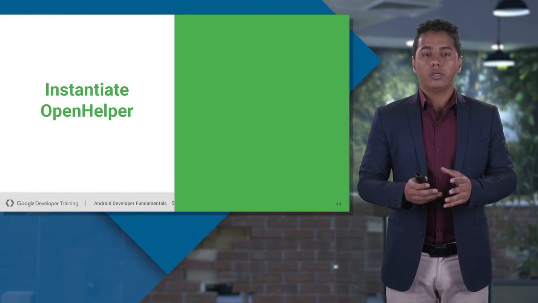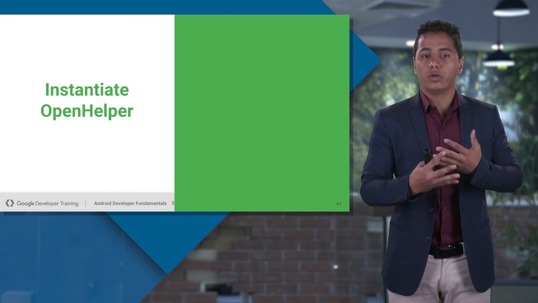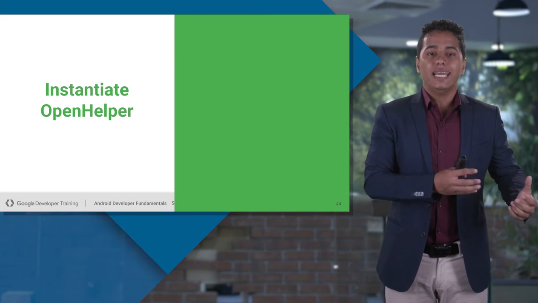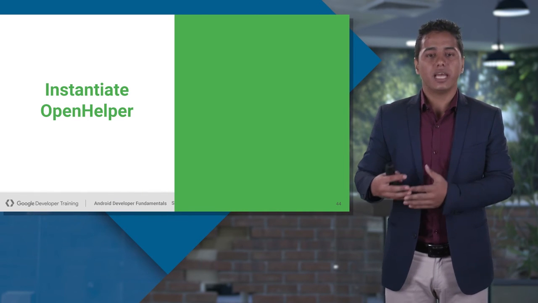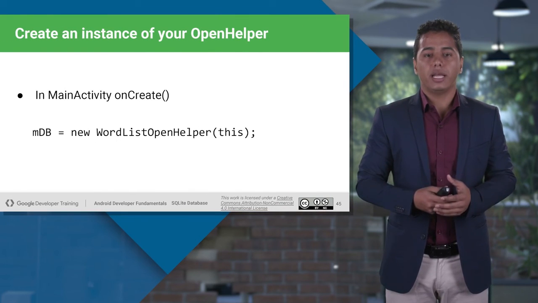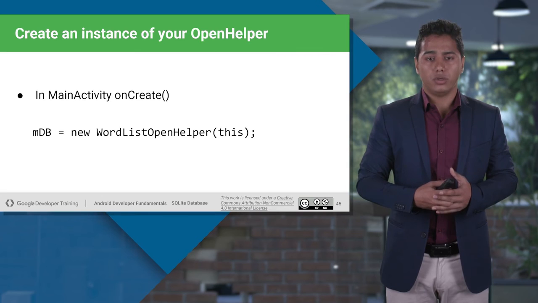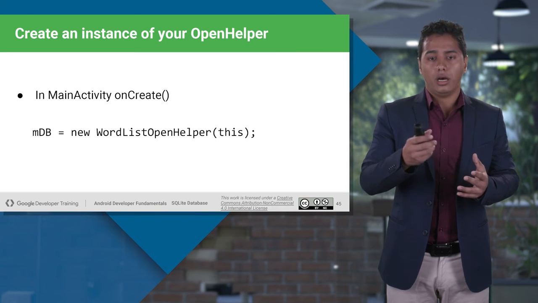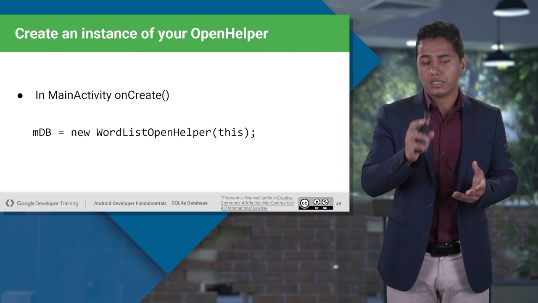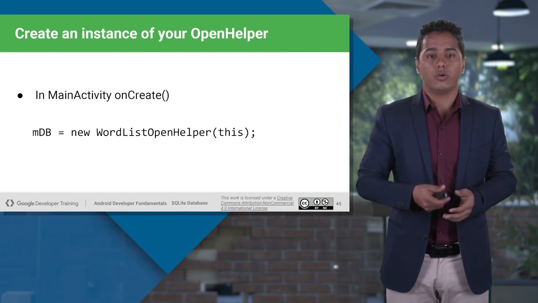So that's how you create your SQLite OpenHelper class. Now your SQLite OpenHelper class is ready. Your database is ready. All you have to do is instantiate that OpenHelper class inside your activity and access your database. How do we do that? Inside your main activity or any other activity, you will be initializing the object of that SQLite OpenHelper class. And if you remember, we passed a context object there. So you will be passing this there because an activity contains the context object.